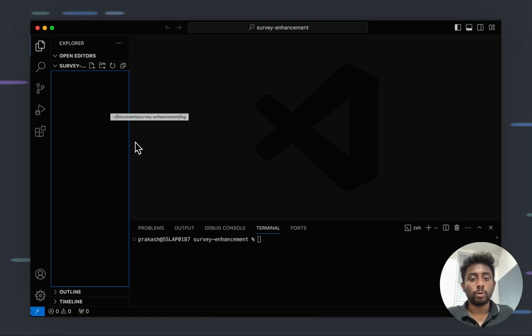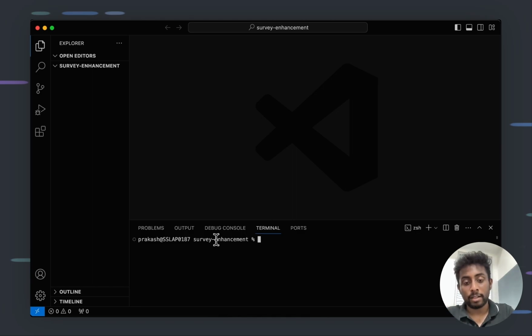So the first thing you need to do to create the application is create a folder, an empty directory, because the SSDK create command will only run on an empty directory. Make sure you have one here and open that in VS Code. And now let's run the command SSDK create,